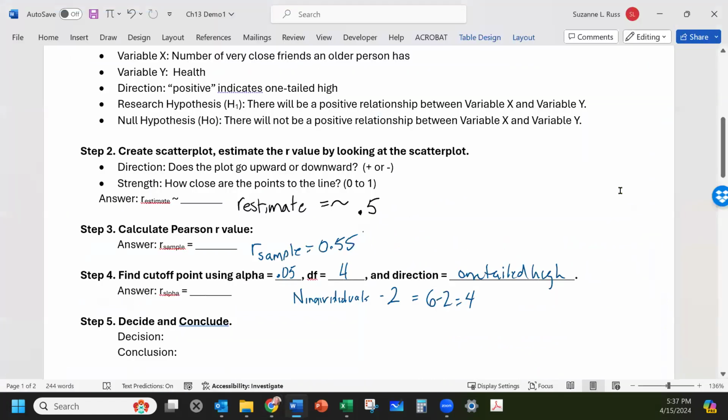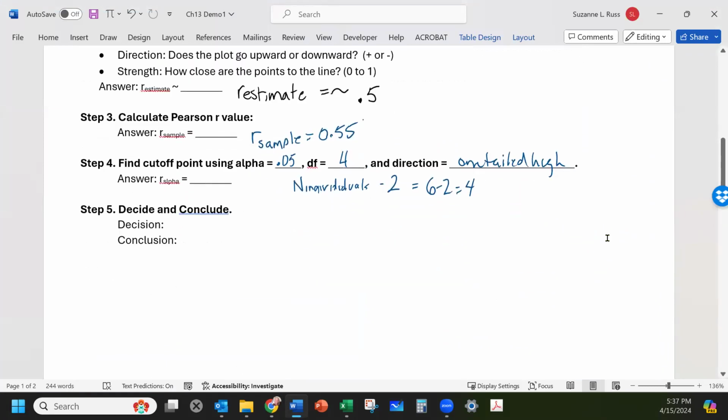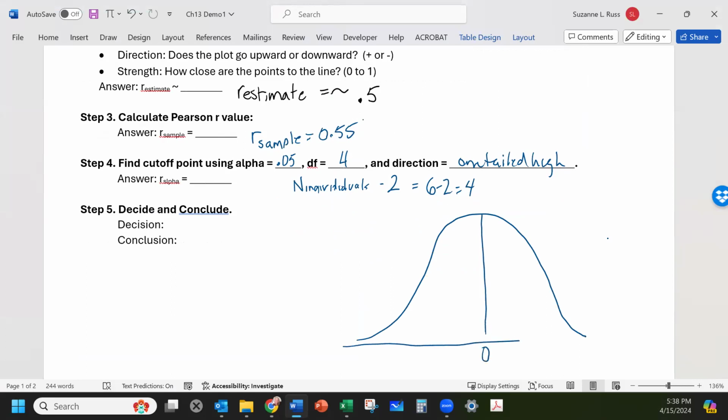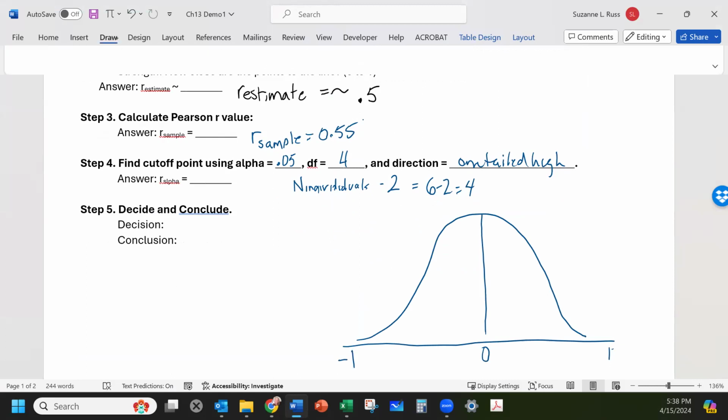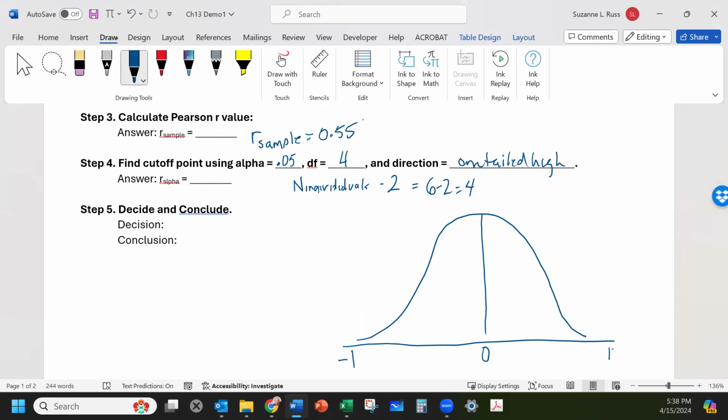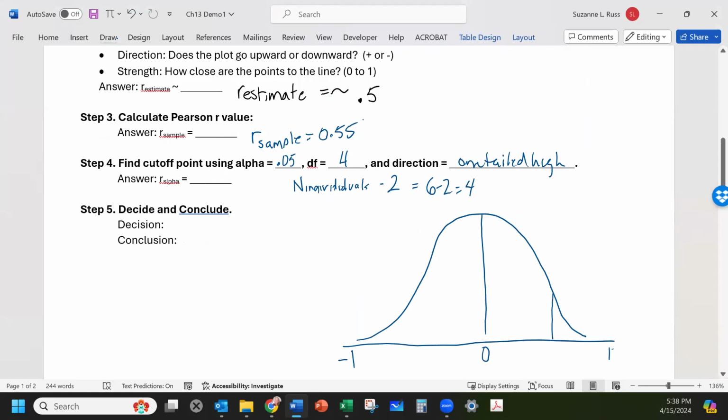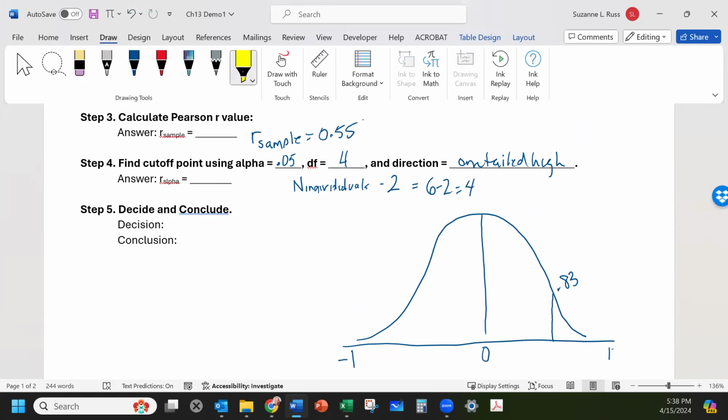So let's go ahead and draw that. We will draw the distribution like this in this example. Here is the distribution. We still have a 0 in the middle, but the range is from -1 to 1. So let's put the 1 way out here and the -1 way down here. We were looking for a cutoff point that looks like this. So here would be our cutoff point of 0.83. You can estimate where that would be. That's probably a little too close to the 0 in my estimate, but that's okay, as long as we mark